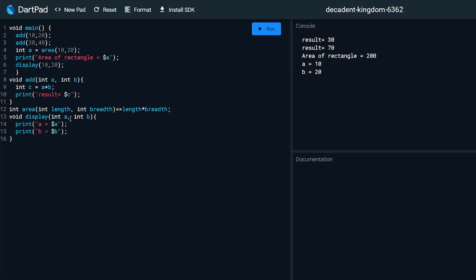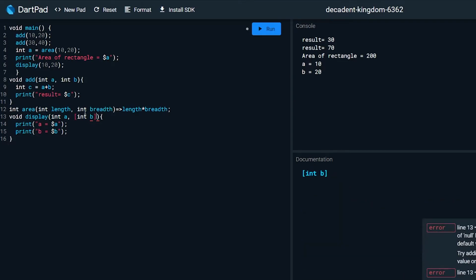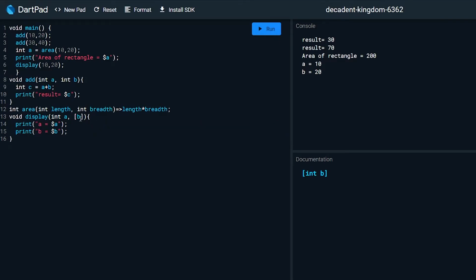So now suppose that we don't want to pass b, we just want to pass a. So here if we enclose this parameter in square brackets, give a type, this will give a problem that the data type assigned to b cannot be null. So we can just pass in b, as in the function parameter we don't need to pass the data type. We can simply pass the variable.